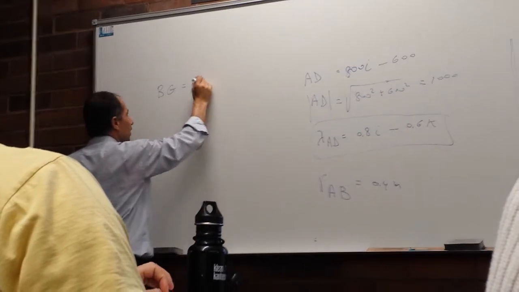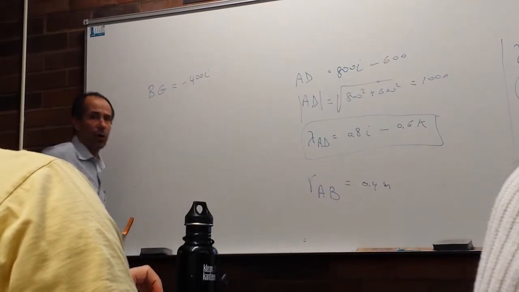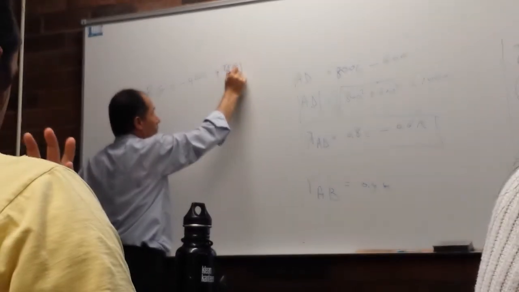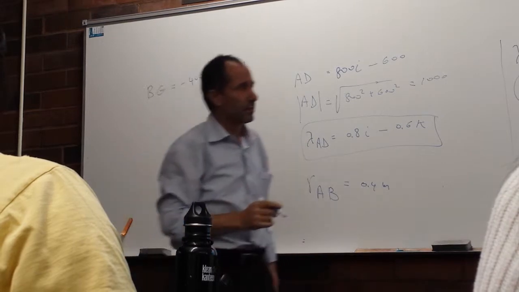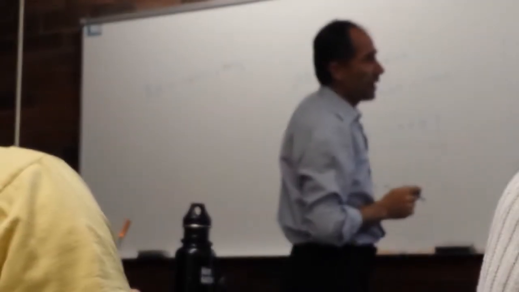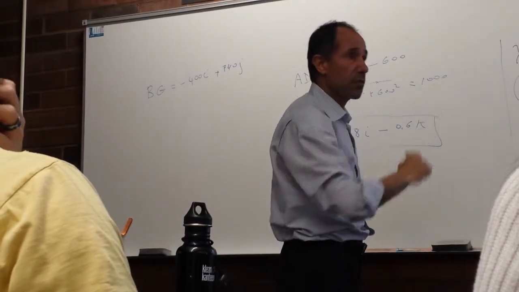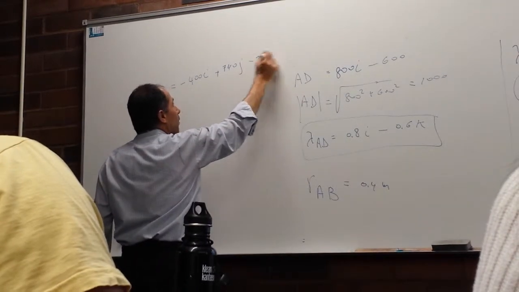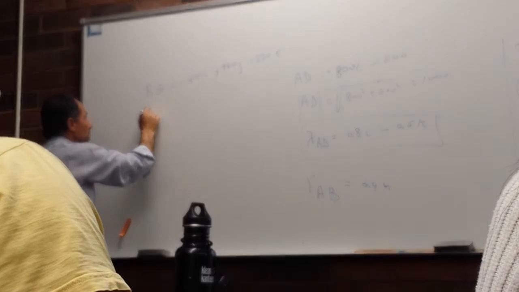Negative 400. Agree? On Y, positive 740. On K, negative 320. And BG